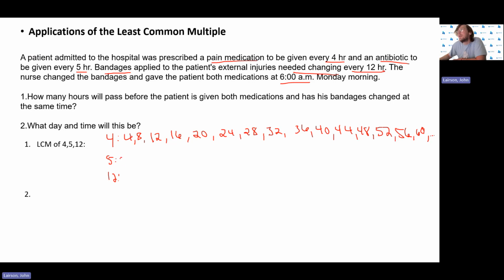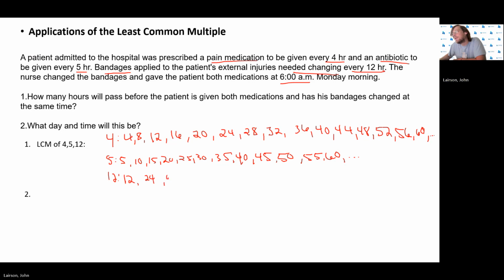Okay, fives. 5, 10, 15, 20, 25, 30, 35, 40, 45, 50, 55, 60. And then counting by 12, 12, 24, 36, 48, 60. And you can note here, I stopped at 60 for all of them because that is going